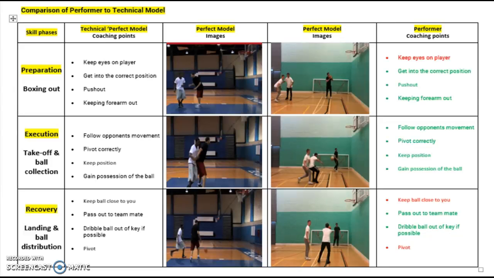We can also see that he successfully succeeded in all of the key points in the execution phase. Despite this, in the recovery phase, he did not keep the ball close to him after gaining possession of the ball. This could have allowed the opposition to steal the ball off him. He also didn't keep his pivoting position, which could have allowed the opposition player to steal the ball from him